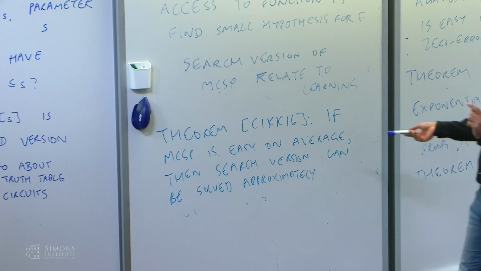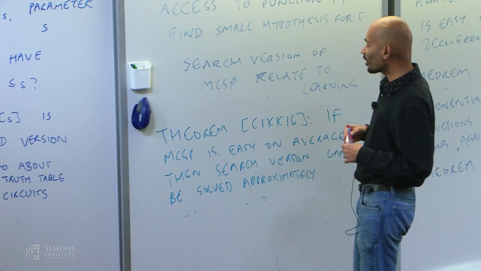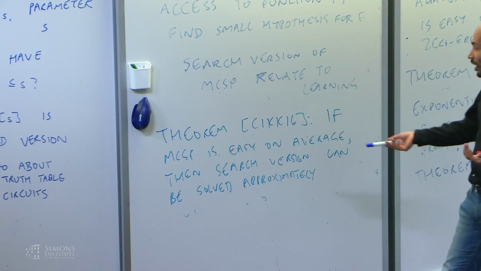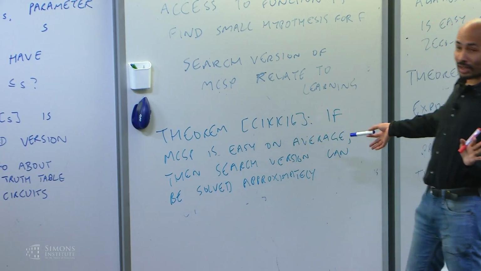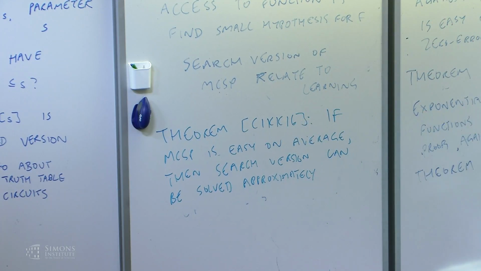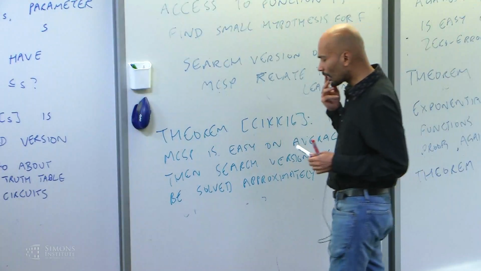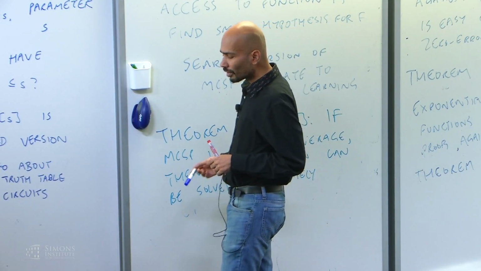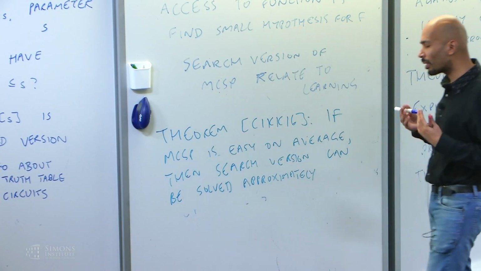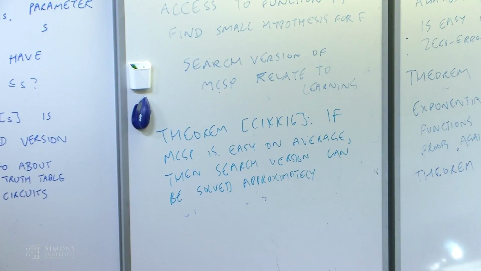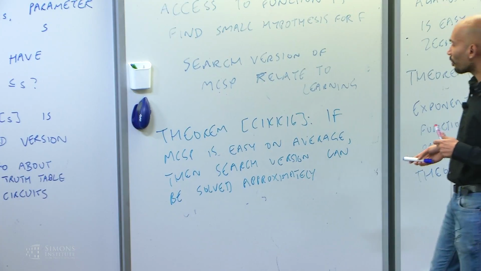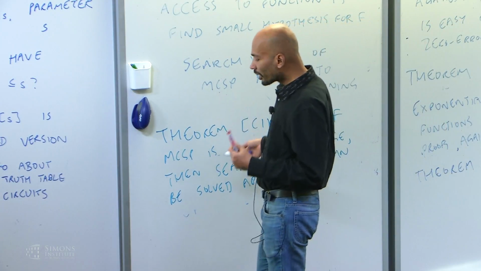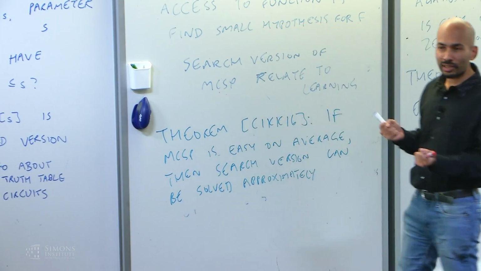And now we have a version of it, which is interesting because we are not even using that MCSP is easy generally, only that it's easy on average. And we're solving the search version approximately from it. But it's very interesting because there are versions of this result, so it's implicit in this paper, but there have been extensions. Shuichi has a recent paper on it, and there are some observations that other people have made that this actually gives an average case to approximation connection, right?